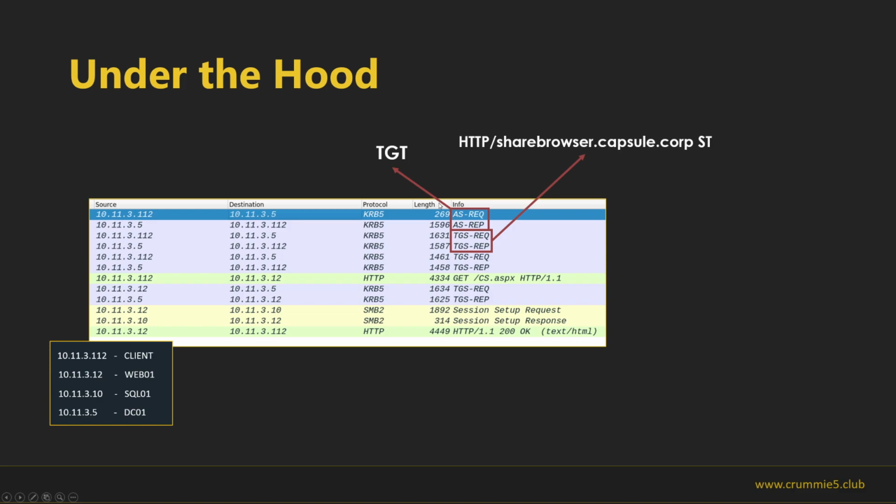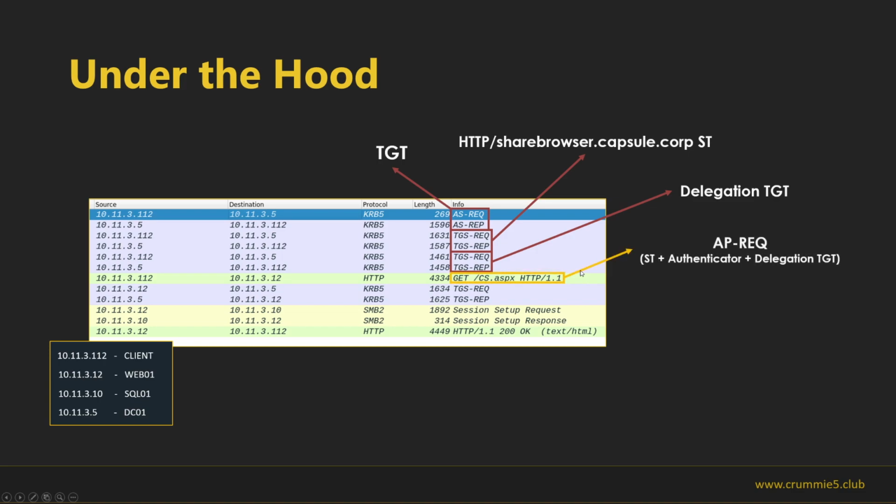Then the client, Vegeta, will ask for a service ticket for the web application. We know it is the SPN http serbrowser.capsule.corp. Then the client again will ask for a copy of its TGT, a delegation TGT that he will send to the service to be cached in a logon session.